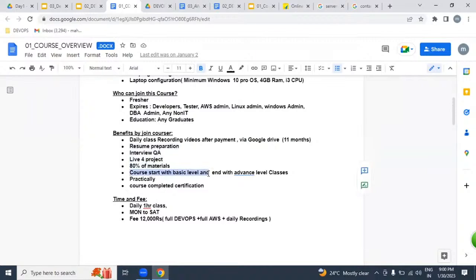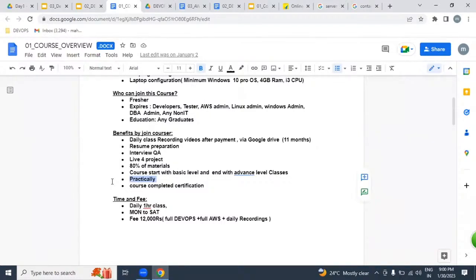So our course starts at a very basic level and finishes at an advanced level. Each and every session is practically oriented. For example, when we start Ansible, it will take 3 weeks or more. Ansible itself, we're going to discuss for 3 weeks. We start from a very basic level so everybody can understand. Even non-technical students will slowly understand each and every functionality thoroughly, and we will give practical exposure in each and every session.